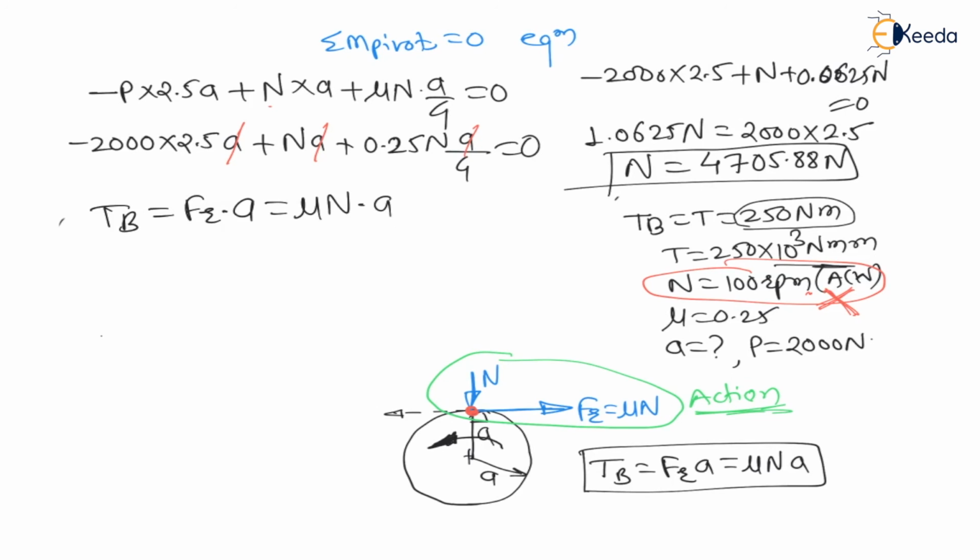Therefore braking torque is 250 into 10 to the power 3 Newton mm, equal to the coefficient of friction 0.25, into the normal reaction we just calculated, 4705.88, into A. Now in this equation only A is unknown, solve for A, then you will get A is equal to